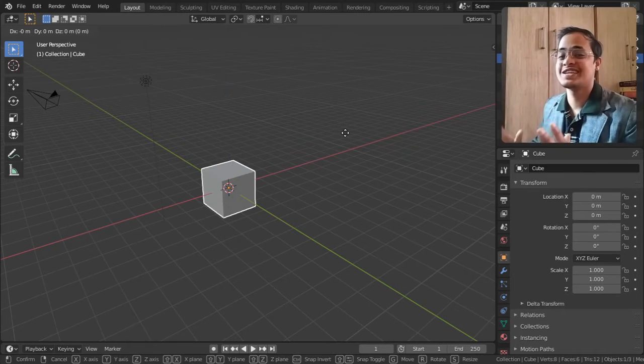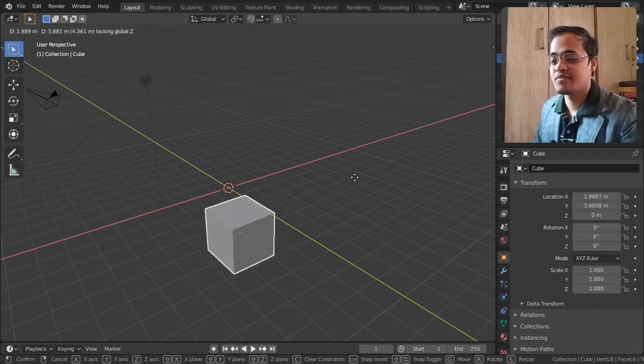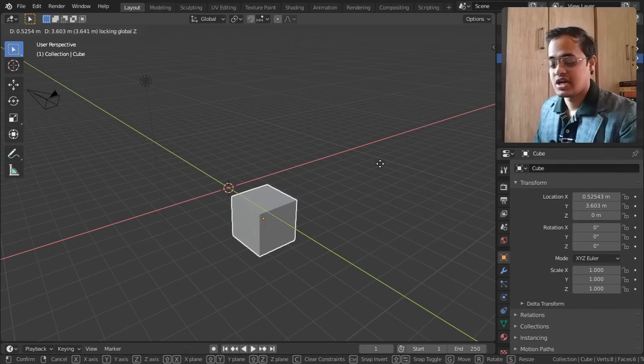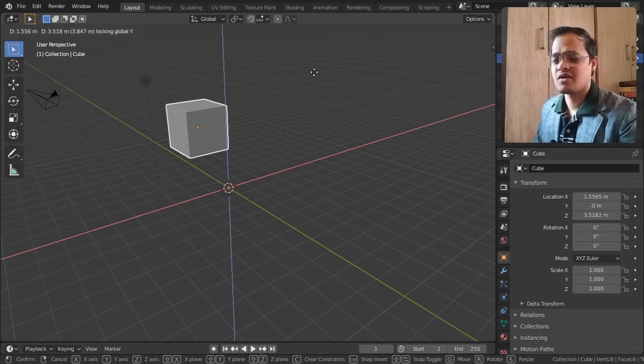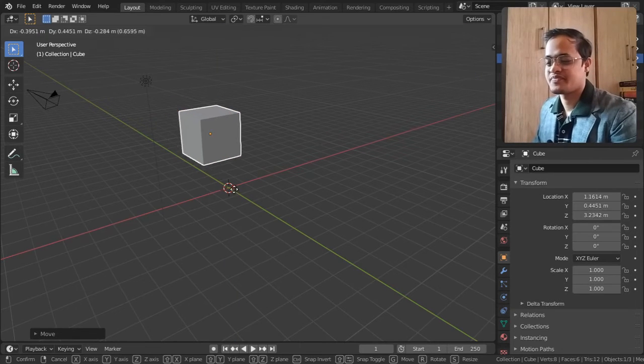Isn't it great? Now it's going to become even more awesome. Now if I hit Shift Z, I can move on the XY plane, which is nothing but the Z plane. Shift Y, the Y plane. Now these things might seem a lot to remember. That's why whenever you hit G,